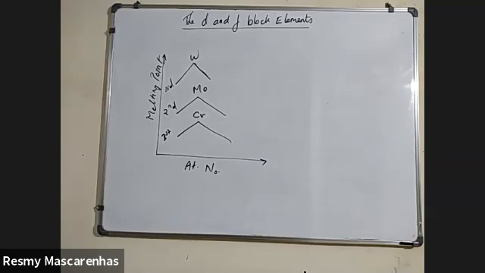So you can compare this enthalpy of atomization with respect to a melting point, because enthalpy of atomization, by the definition I have told, is equal to the melting point. If more energy is required to break the bond, we say high melting point. If less energy is required to break the bond, we say low melting point. Yes or no? Yes, sir.